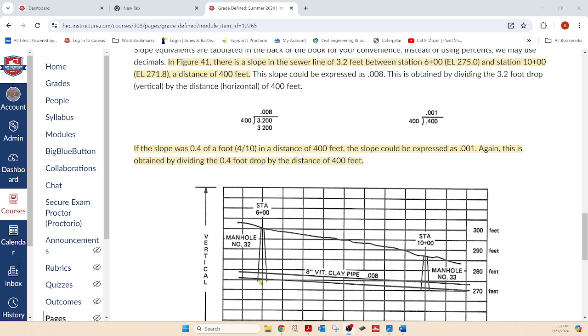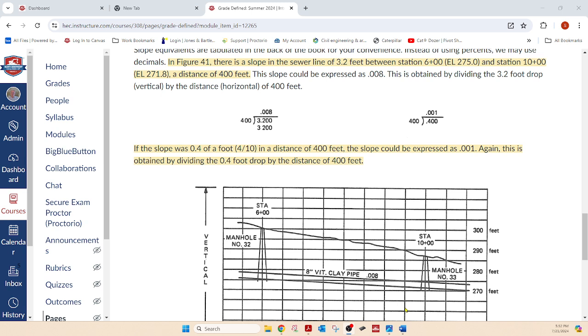If you look at this 270, am I on it? No, 270. Down 5 feet. No, 275 down 5 feet is 270. Okay, so 5 foot is our fall. So that's the vertical. Now, if I take, and this is over 400 feet, if I take that vertical of 5 feet